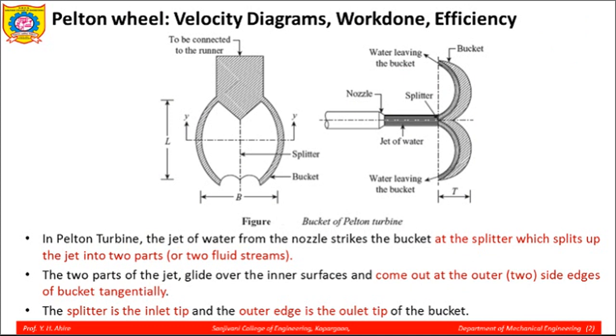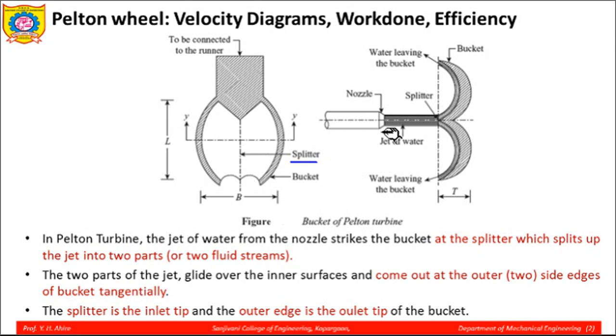So, Pelton wheel bucket is shown in this slide. We know the Pelton wheel bucket is made up of double hemispherical cup shape. So these are two cups side by side, and that forms a single bucket. These two cups are connected to each other by means of a straight splitter edge. So this is a splitter here. This is a vertical splitter edge on which the water jet strikes exactly at the center of the bucket on the splitter.